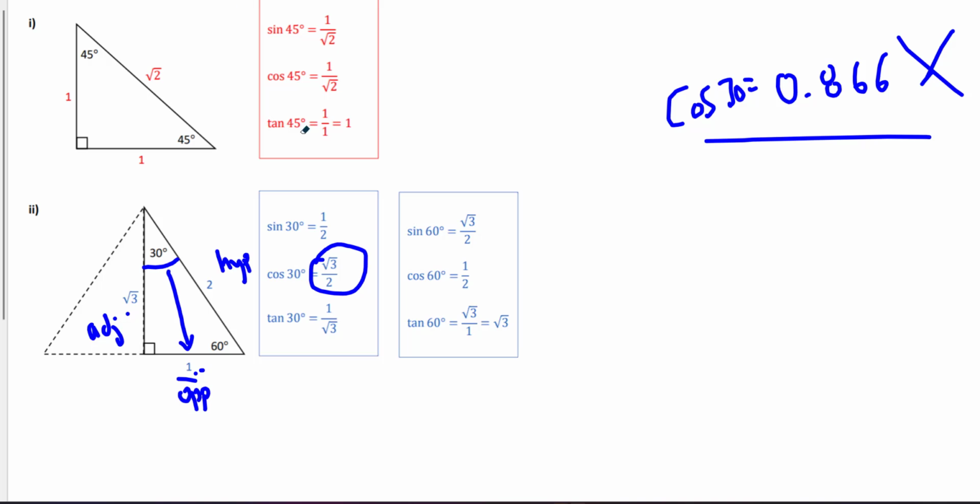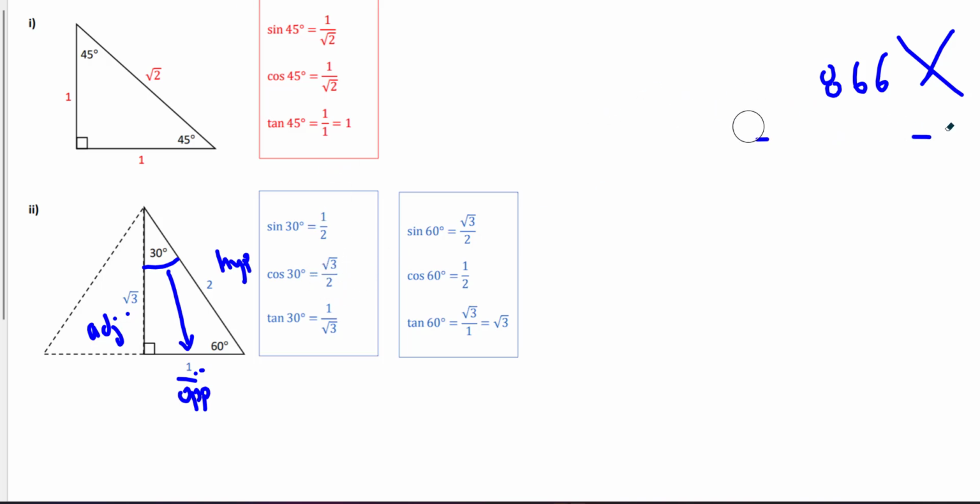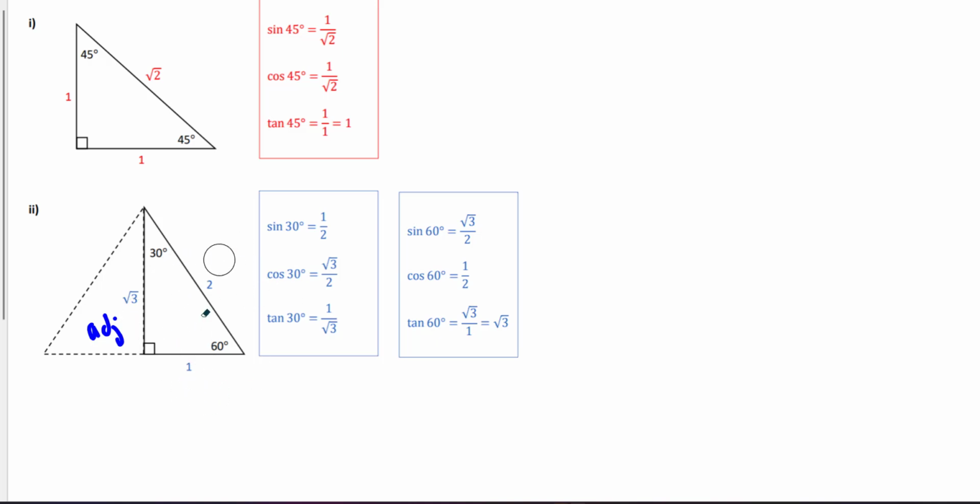And that's just something that you need to understand: you cannot have decimal value answers if the question is asking for exact value. If the question doesn't say anything about exact value, then just write 0.866. You're okay then. All right, and then from the same triangle, we also have a second angle, which is the angle